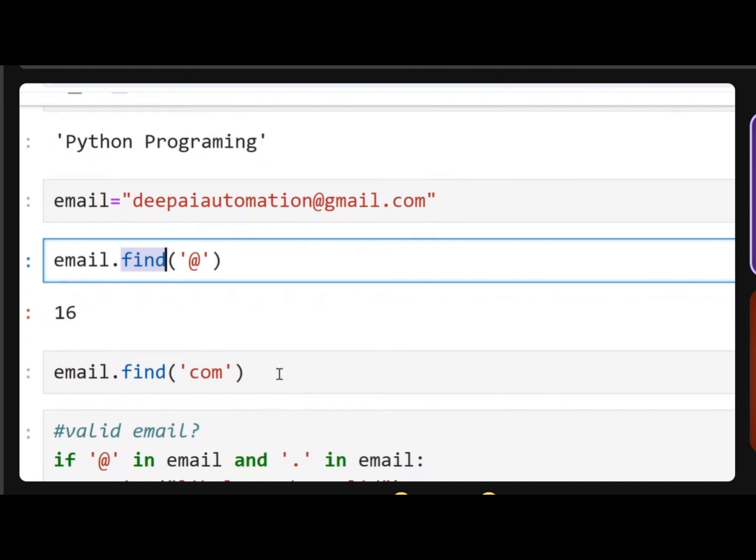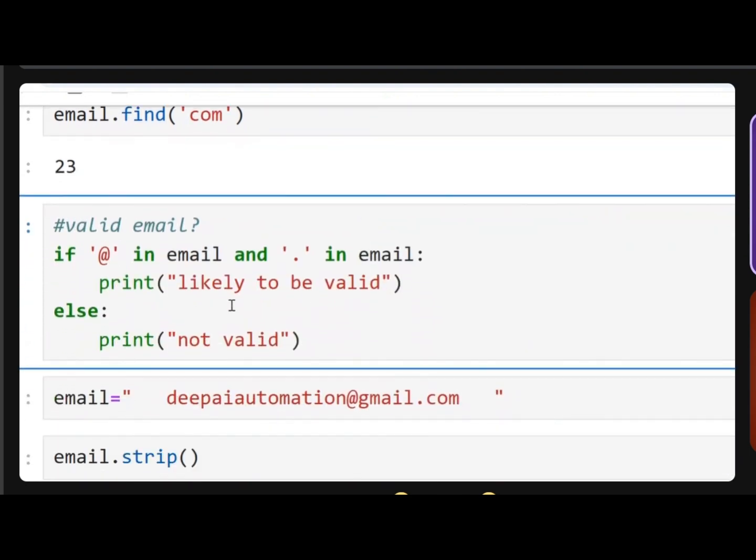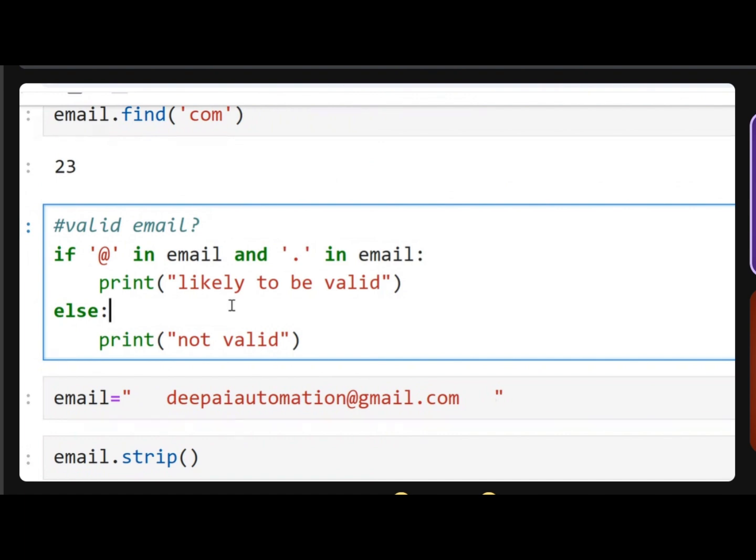Right? So let me check this one. com is available in the string. Its index is 23. So this is the position of com. Now, it is a simple example. Here I wanted to show you whether the given string is a valid email ID or not. Just for simple understanding, I am considering that if the given string has an @ and a dot symbol,